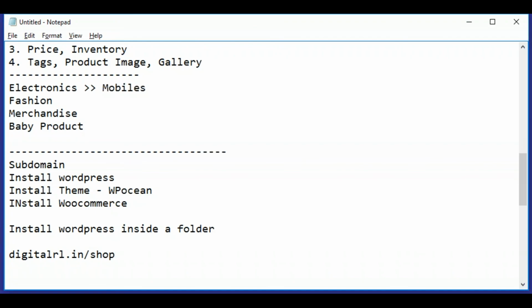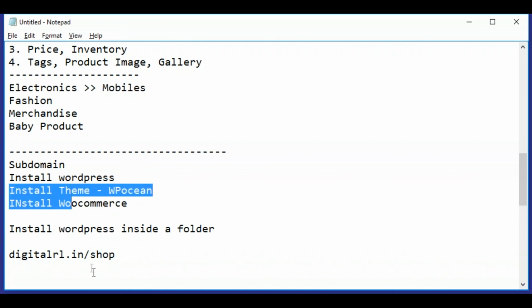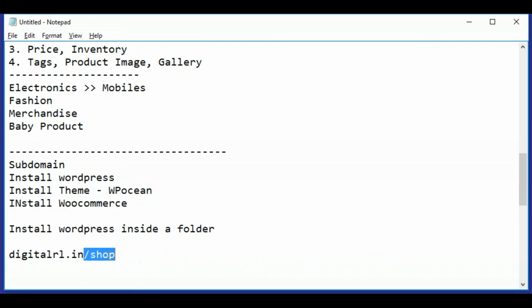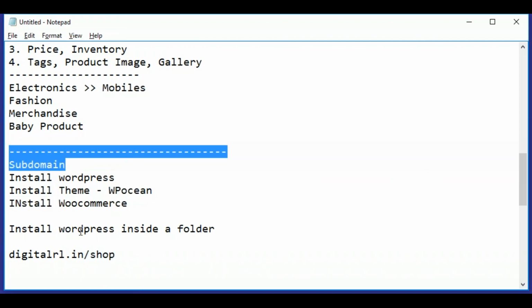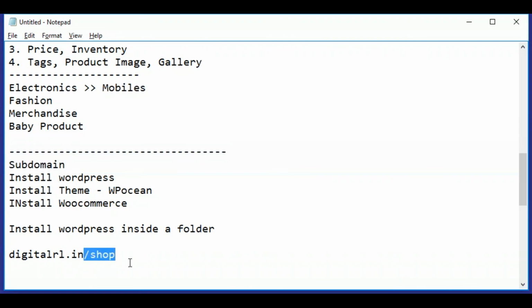So digitalrl.in and the folder name you have to give shop. So WordPress is going to be installed under shop. So how to access this? You have to access using this particular URL. So inside this folder, installation of WordPress is there, and here you can practice for WooCommerce. And later on, you can delete this instance, either subdomain or else a folder.